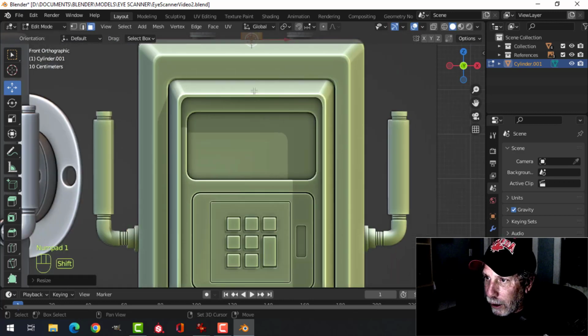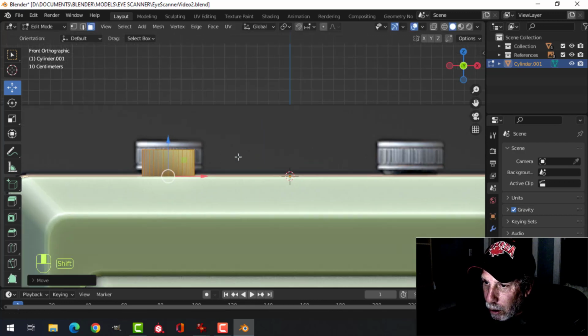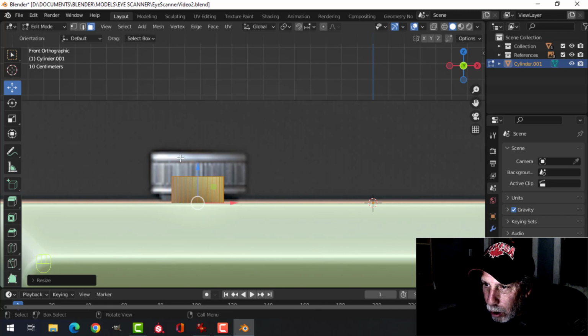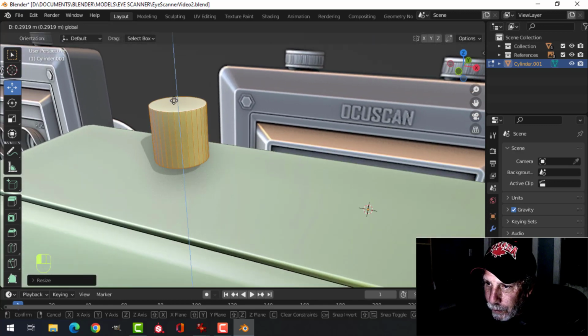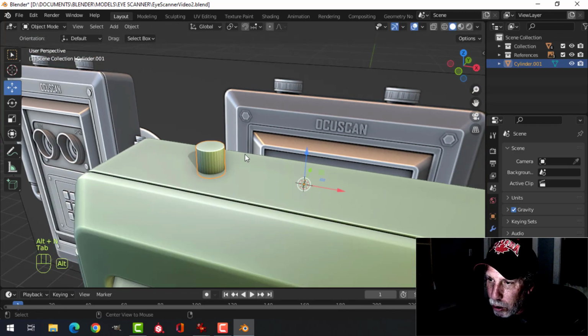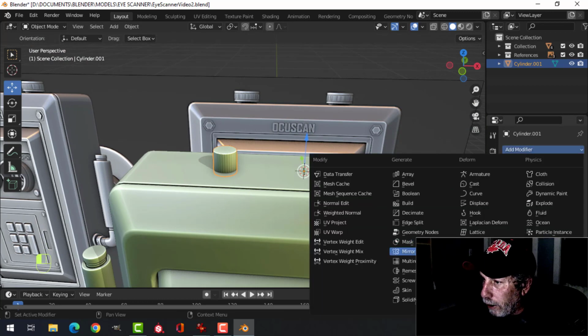and look from the front again. And I'm going to slide it over, and really all I want is a hole for the post that would come off of this. There's just a little cylinder in there. So I'm going to push that in, Alt-N, recalculate outside, just make sure, although it should have been fine anyhow. So my 3D cursor is right there in the middle, and I'm going to go ahead and apply a mirror,